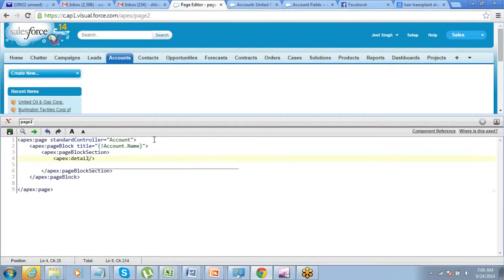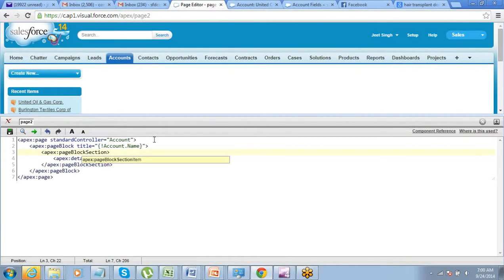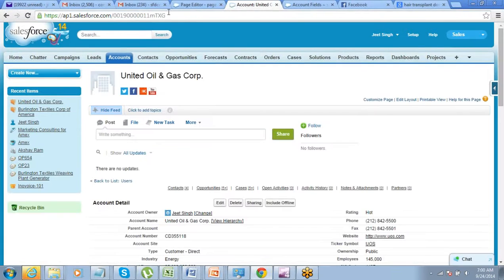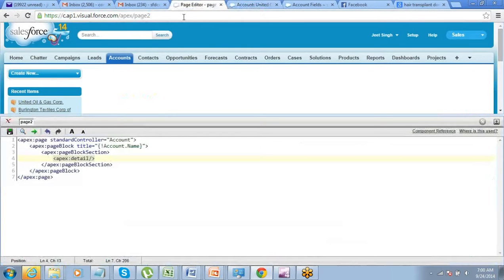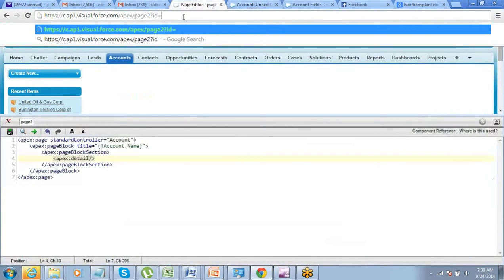This detail component displays all the details of the record for which you have supplied the ID, the record which is in context. So let me take this ID here, put it here, question mark ID equals, yeah.